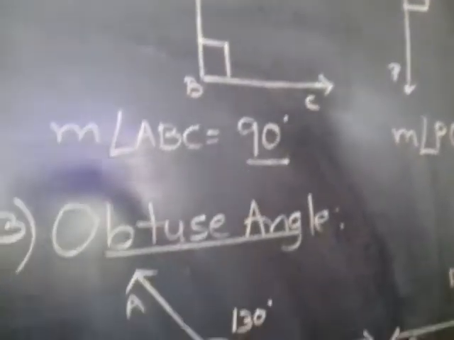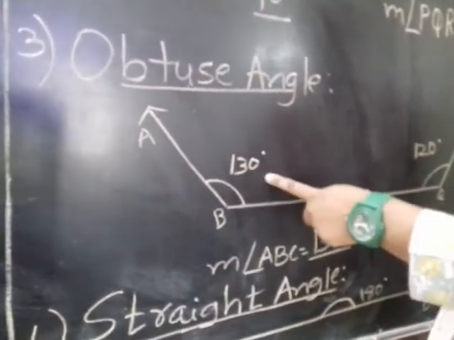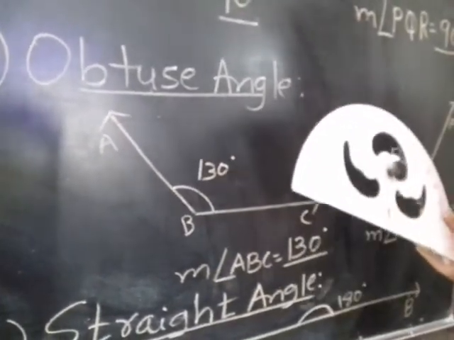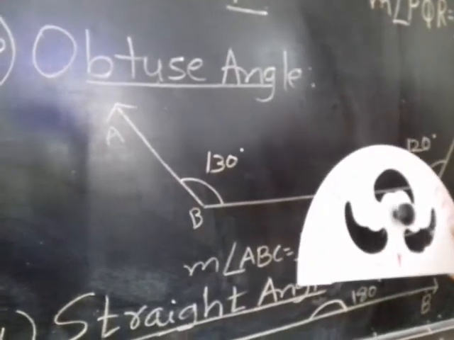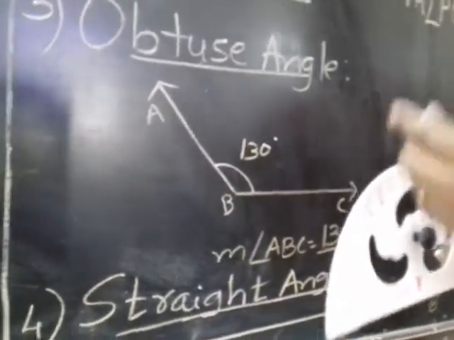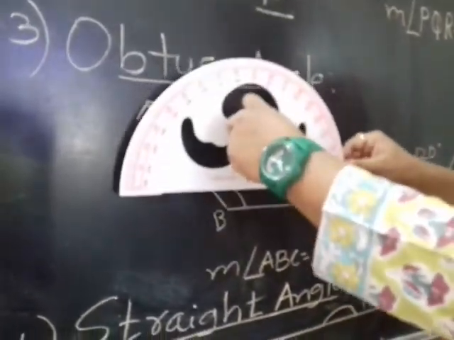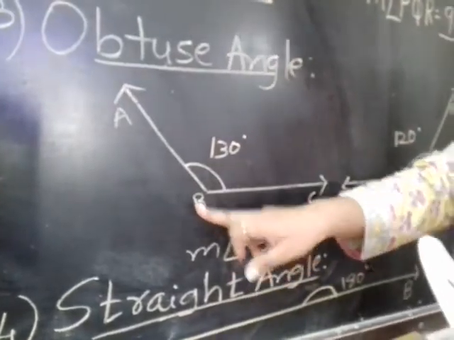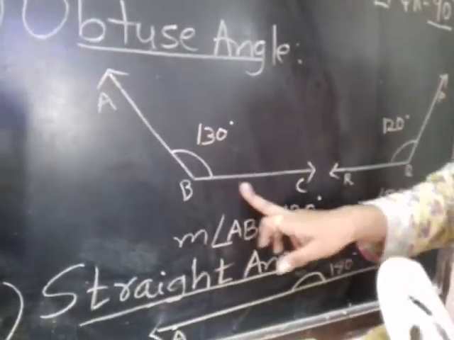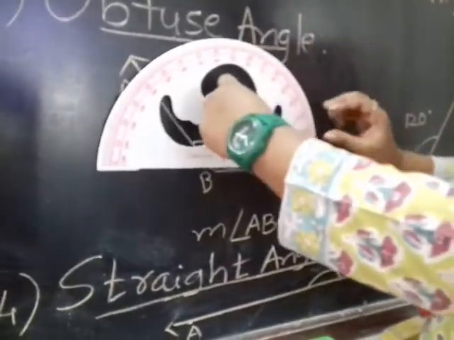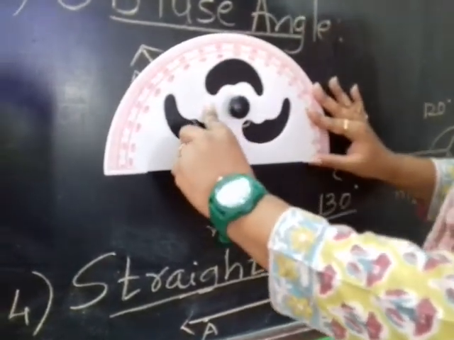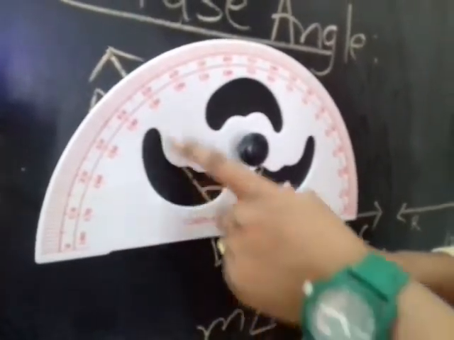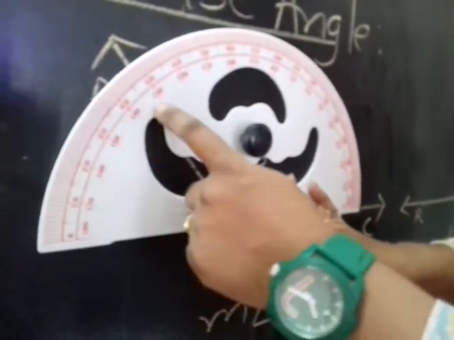Now coming on to obtuse angle, again you can see this is a right side facing angle and this is a left side facing angle. When the arms are stretched and very far away from each other, it is always an obtuse angle. Now see, this is a right side facing angle, so I'll keep this 90 degree arrow on vertex B as this is the midpoint of ABC. This is the vertex and this is the baseline where we have to keep my 0 line. Now you can check it out. As this is right side facing, check the interior angles. You can see the angle I have to measure, ray BA, is 130 degrees.